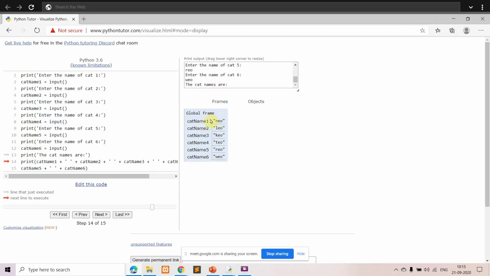Okay, so this is a global variable that is under a global frame. Then what are you going to do? You're just going to print those names. So you can see here the print statement cat name 1. So in cat name 1, what do you have? You have Neo, and along with that the concatenation here, the next name. So you can see here,